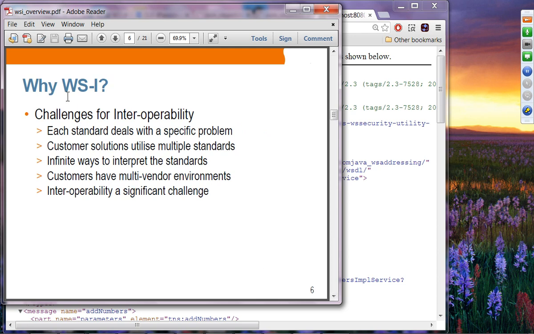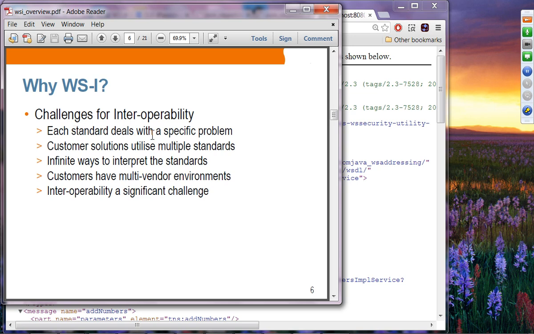The reason, as I said before, WSI was created is the challenges of web service interoperability at the time. These issues are mostly addressed these days. So you are relatively assured your web services client implementation should be able to communicate with a web services server deployed on the .NET platform and vice versa. But about 10 years ago, when web services were emerging, these interoperability issues were in fact real. So these used to be the challenges.